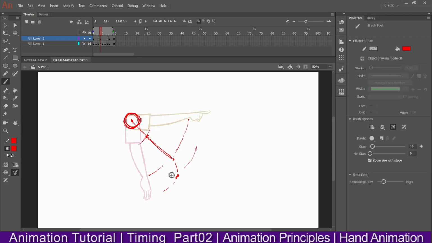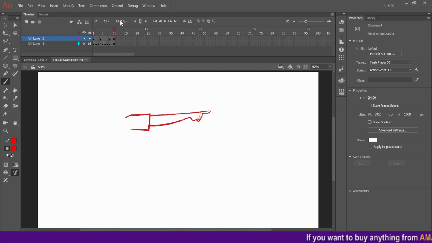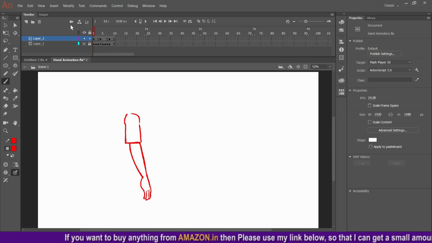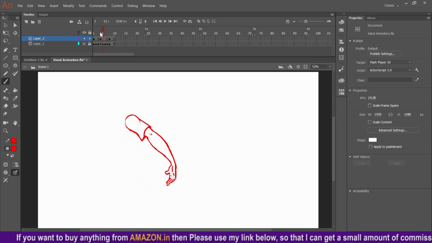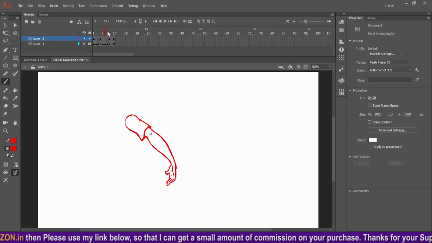Okay, so this is the first drawing, and now if you draw this, it will come equal. I'll show you. See, if I hide this, there is no timing. There is equal timing, you can say. There is no slow in, there is no slow out. So what do I need? The first thing, it should be delayed slowly. It will start the speed of the hand from here to here. It will be starting from here maybe and ending here, the speed, and then slow. Okay, there should be cushion.